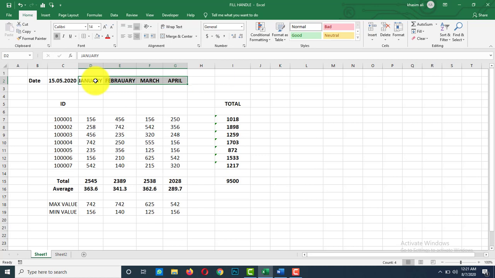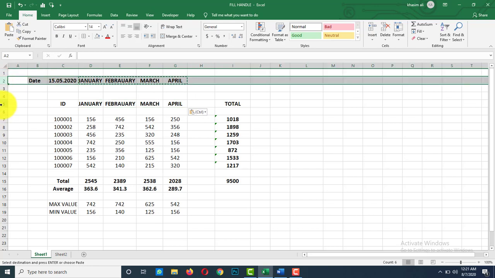Now we will see how to reproduce the part of the document and place it elsewhere. For this, also you have 3 methods. Select the data and go to your clipboard. Instead of using the cut option, here we are using copy, and click on the cell where you want to paste and go to the Clipboard group. Again click on paste. See, it reproduces the second row to 5th row.